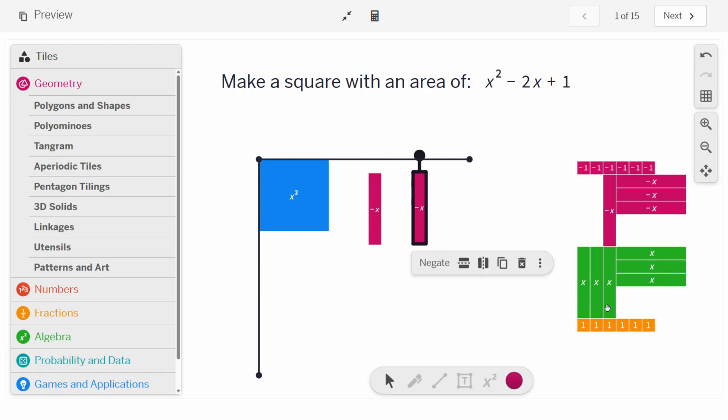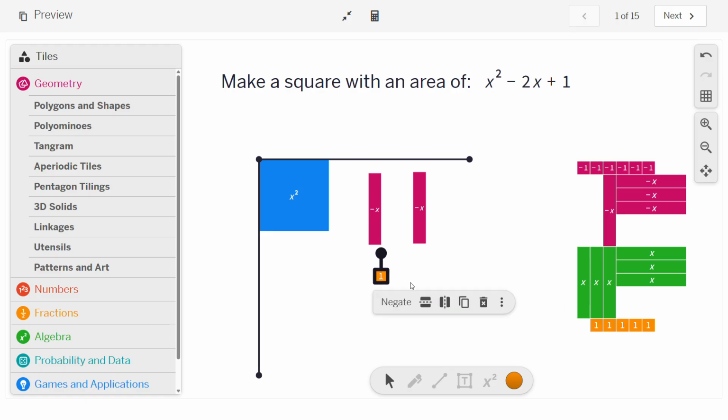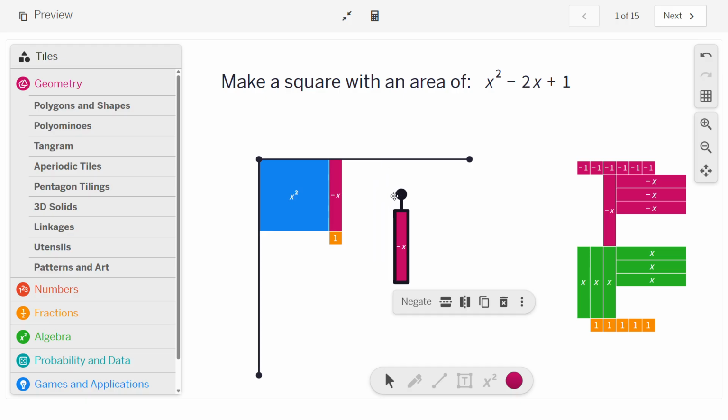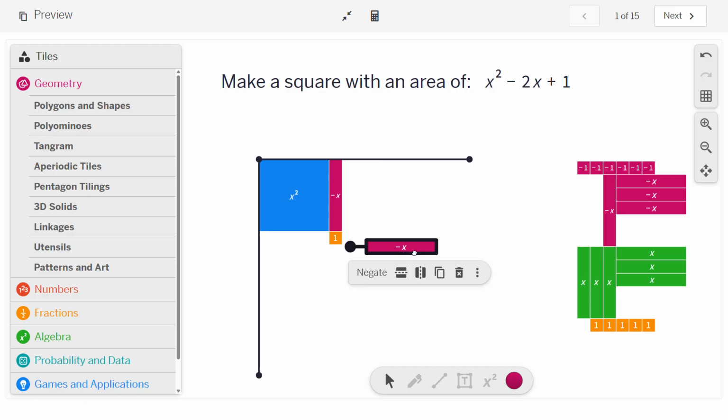negative x tiles, and I have one positive unit tile. Now, in order to make a square, I'm going to put my unit tile in the corner of my x squared tile first, just like normal. That lets me know that I'm not going to put the negative x there and the negative x there. It needs to be a square, so I'm going to rotate this negative x and put it in the side right there. So now I have a nice area square model, and we know that it's going to have